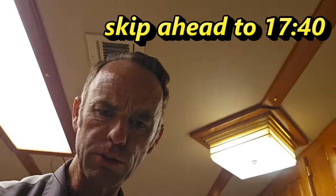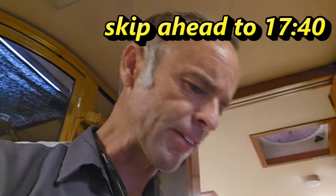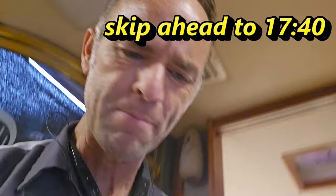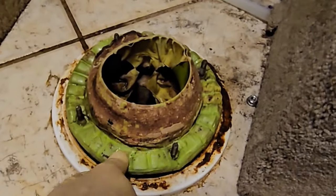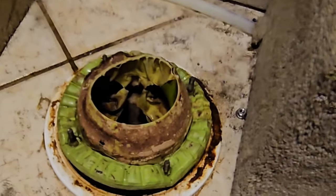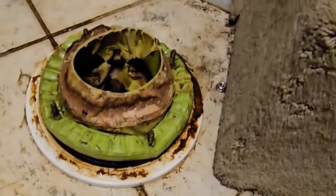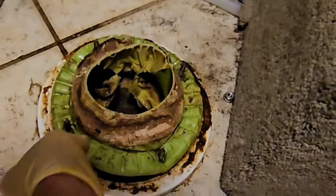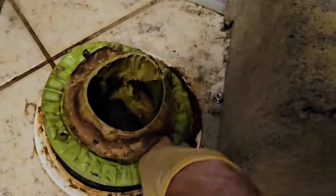Now, my apologies to whoever's a little bit squeamish or grossed out by things that are very natural. We're going to take a look at that floor flange now. So if you don't want to see that part, you might want to skip ahead. So now you can see that foam floor flange that the previous owner used. This is for residential. This should be pushed down into the base right there. And I did not like this, so you can see it's been causing some problems, which I'm a little bit concerned about because on a